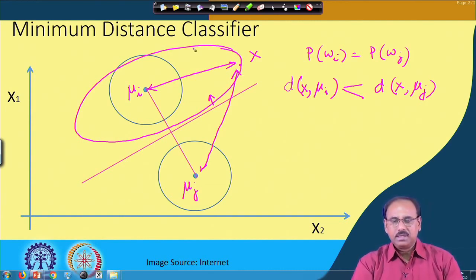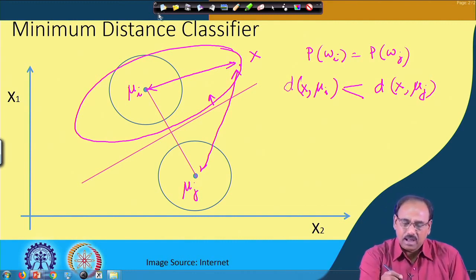And in all these cases, this vector will be classified to omega I. So, in other words, the classification rule that I am applying is a minimum distance classification rule, where the distance that you are computing is the Euclidean distance between the unknown vector x and the means of the classes. Let us see the other case,